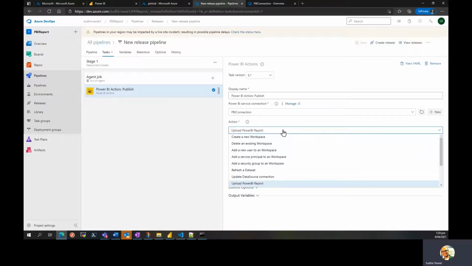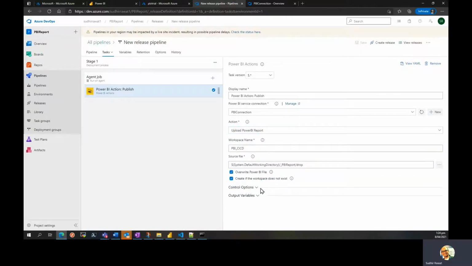In this demo, I'm just uploading a Power BI report, but if you want to refresh your datasets or update your data source connections, out of the box, this extension provides various functionality which you can leverage, right? And then obviously, this is my source file, and this is the workspace where I'm going to deploy the files, right? So now, once I set up my CI/CD pipeline,